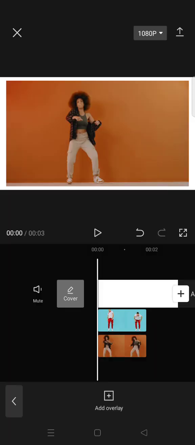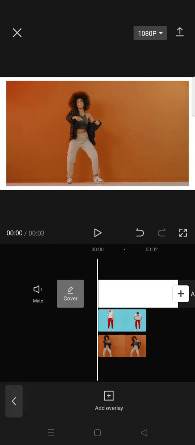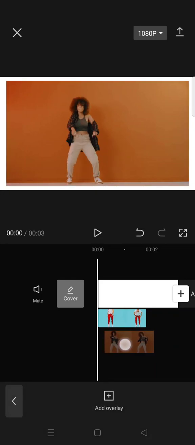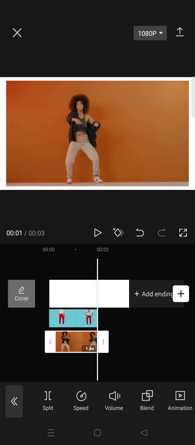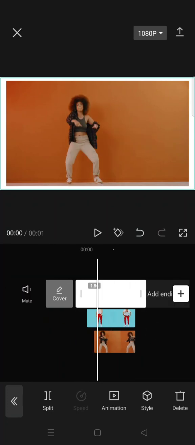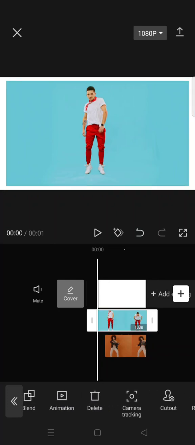Okay, so I've already added two videos, but first you need to put a first clip here in the beginning, but put the second one a bit later. So I'm going to just move it a bit like this, then crop it. Don't forget to also trim the white image,